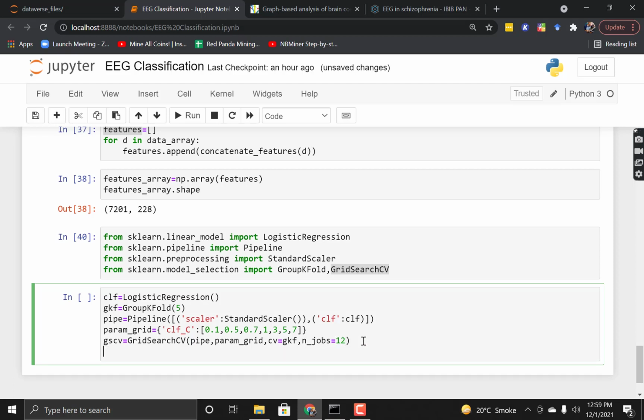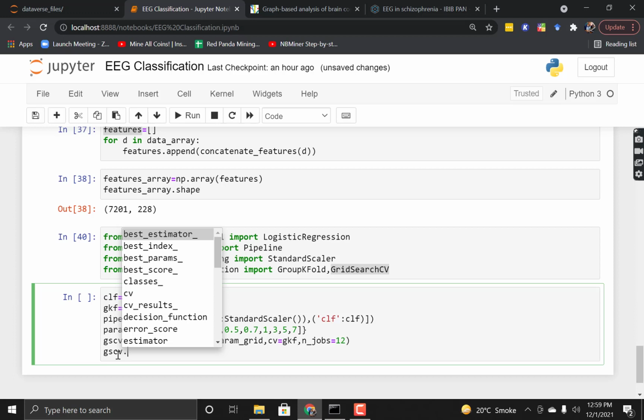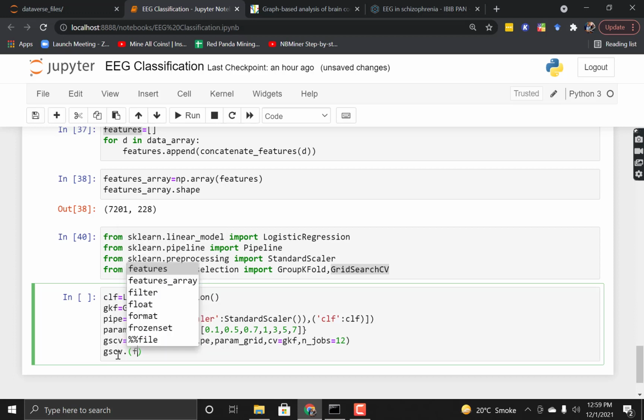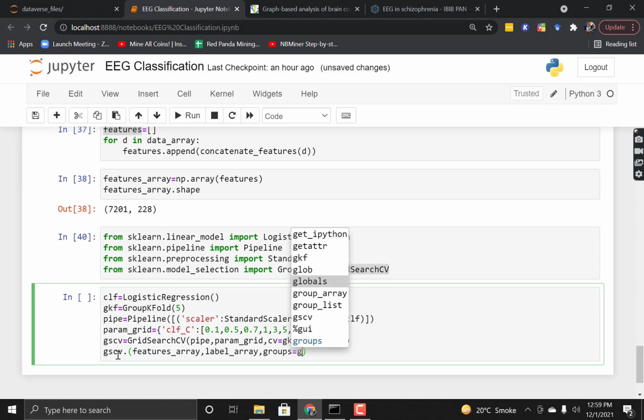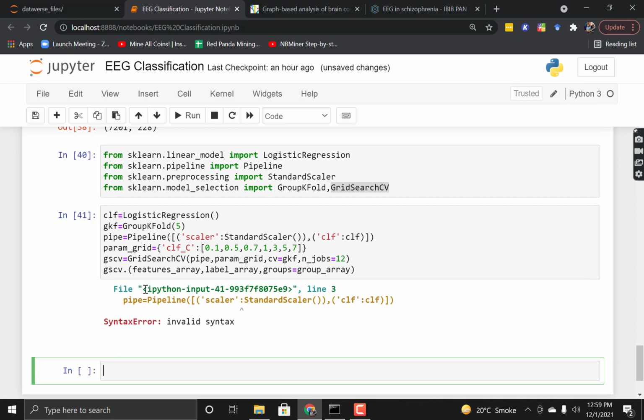Then I will fit this GSCV as we fit a classifier or standard scaler. First I have to pass the features array, then the label array, and then groups. Hopefully I will get some error, which is actually this error.